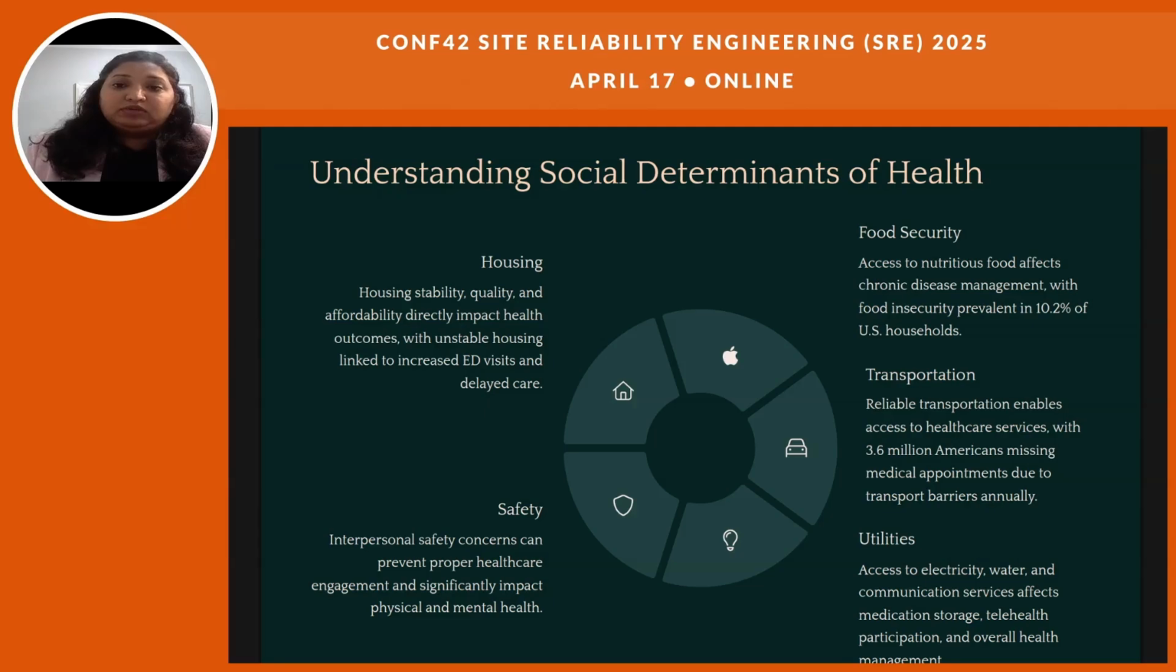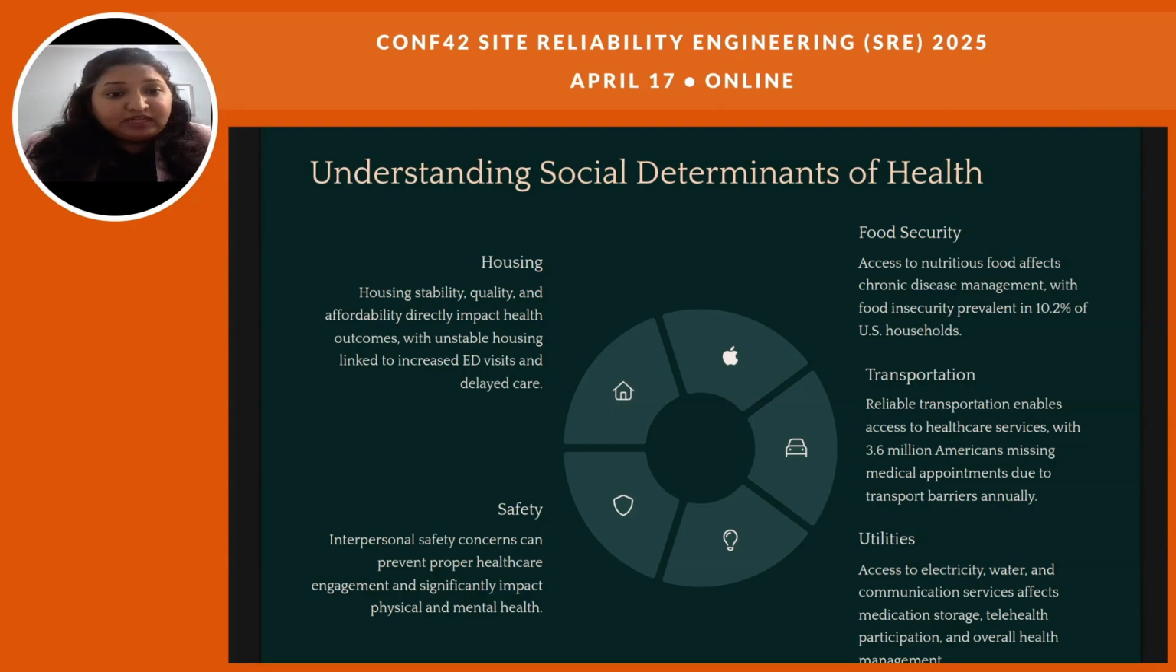The important SDOH determinants of health are housing, food security, safety, transportation, and utilities. Let's deep dive. Housing. Housing stability, or the lack of stability, quality, and affordability of housing, directly impacts health outcomes, where unstable housing is linked to increased emergency department visits and delayed care. Food security. Access to nutritious food affects chronic disease management, with food insecurity prevalent in 10.2% of US